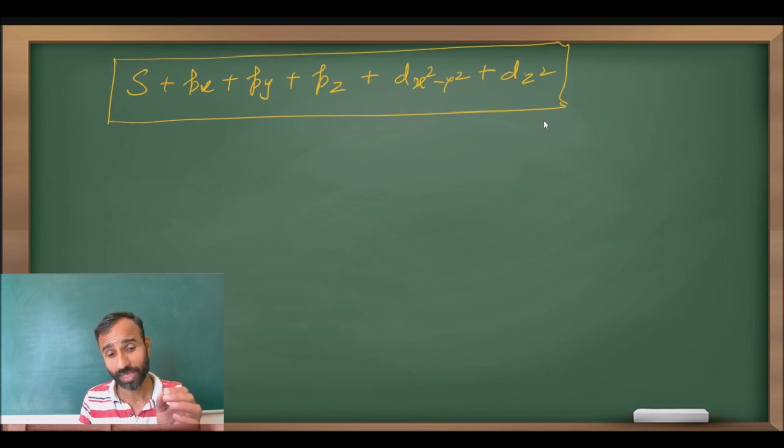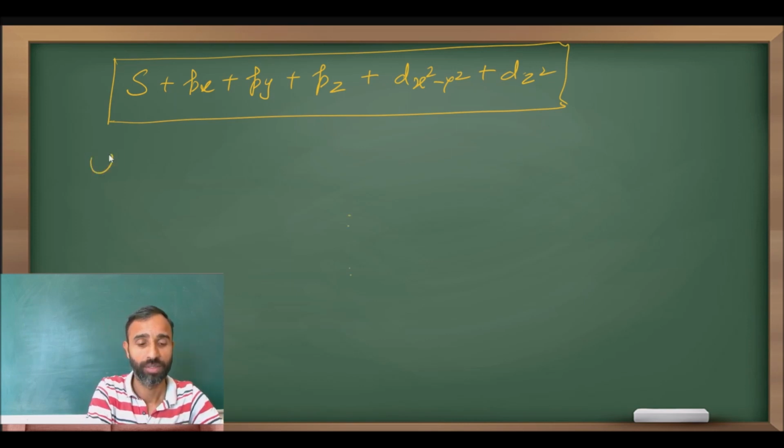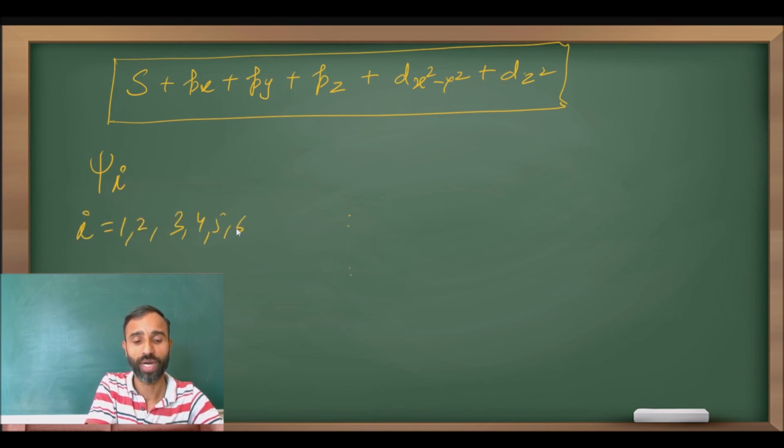If 6 atomic orbitals are combining, we will get 6 hybrid orbitals. Psi i, where i is equal to 1, 2, 3, 4, 5, and 6. Psi i is equal to a i s,